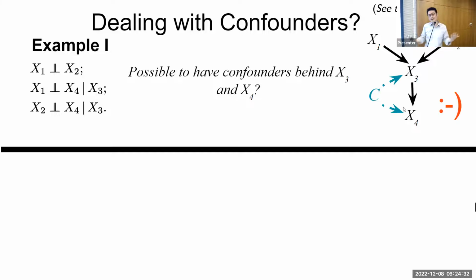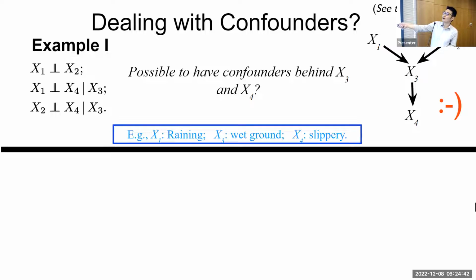This is cool because in some cases you can really easily see one variable is the direct cause of another without any latent confounder. And even in our everyday life, you can just use this. For example, if X1 is rain, X2 is a wet ground, and X3 is slippery, I know X3 does not cause X1, and then I know the conditional independence. Then the information is strong enough to conclude that X3 must be a direct cause of X4 without the confounder.